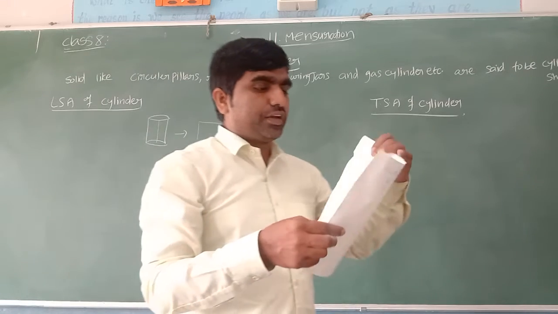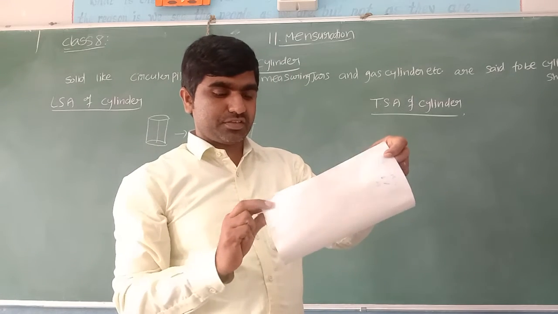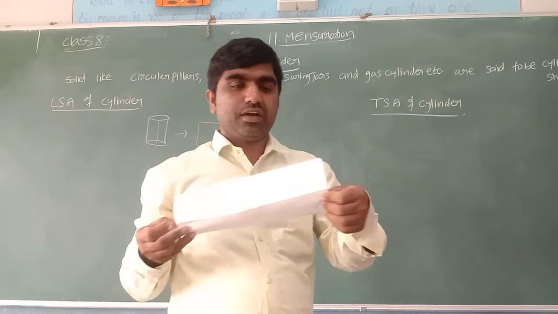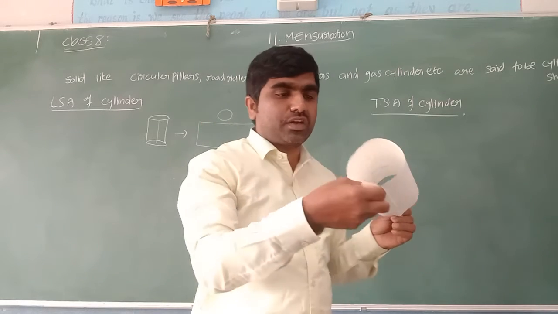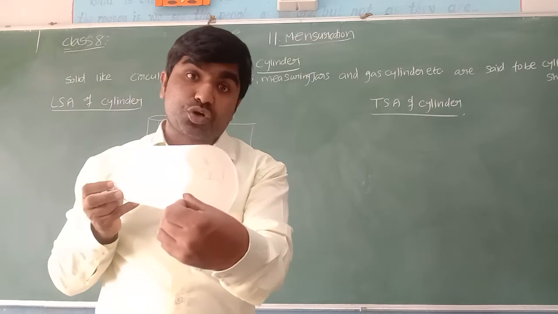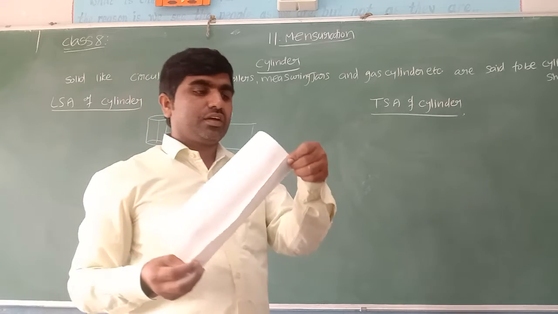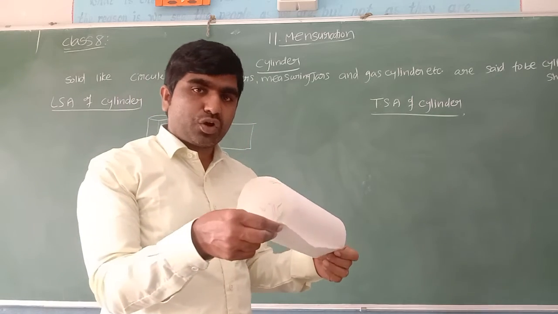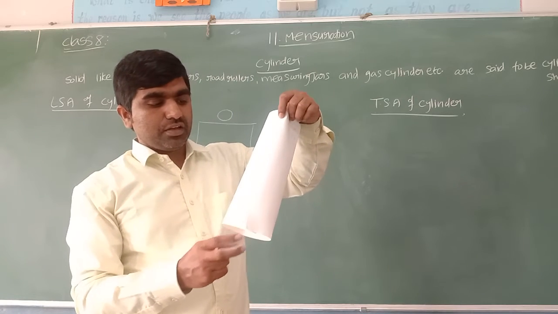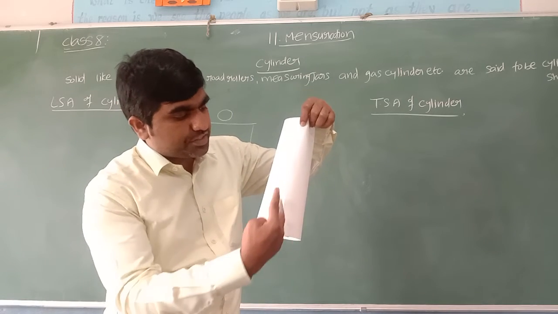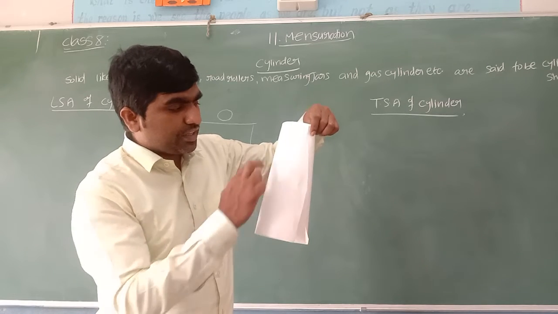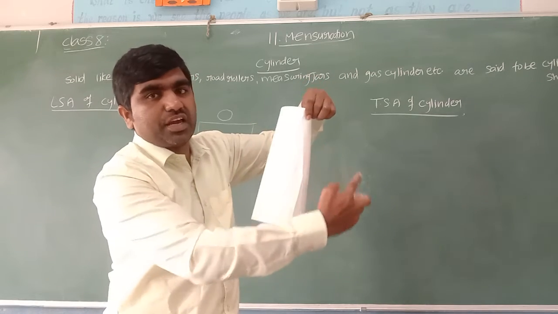Let me take one cylinder here. Yes, it is a cylinder, but here the top and bottom circles are open. Just imagine sometimes the top and bottom circles are also closed with cover sheets. Now we have a cylinder. You can take a scissor, cut along this edge, and open it. So when you open that, let us see how the LSA changes.